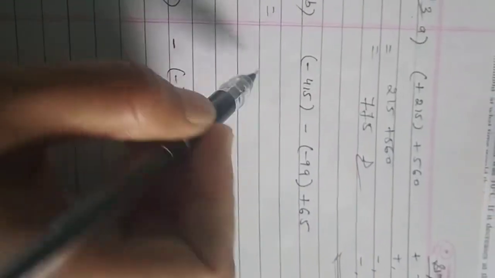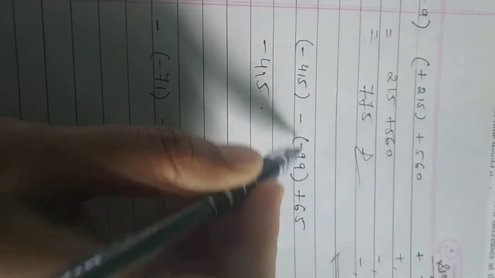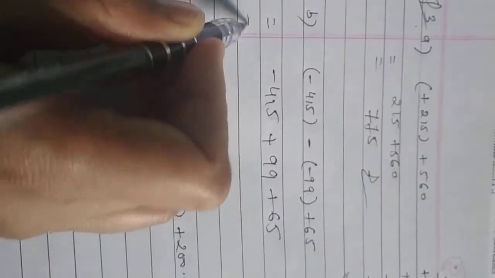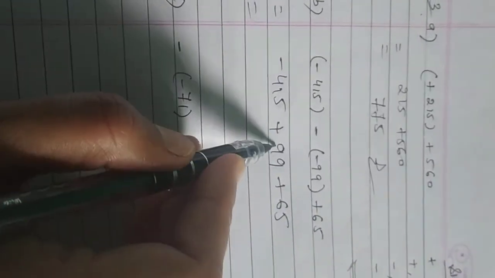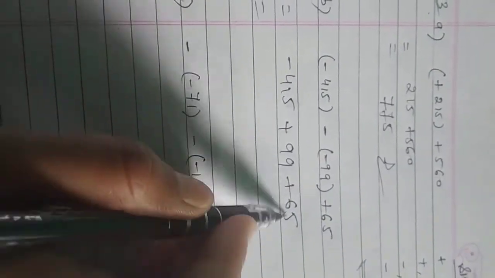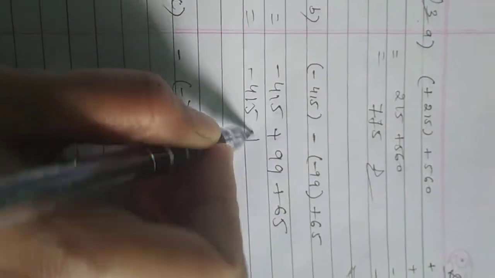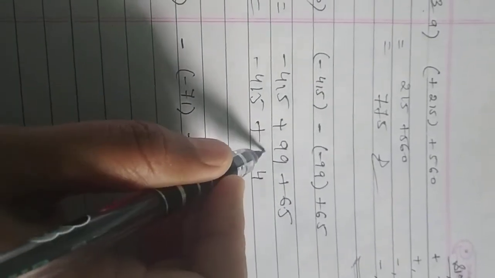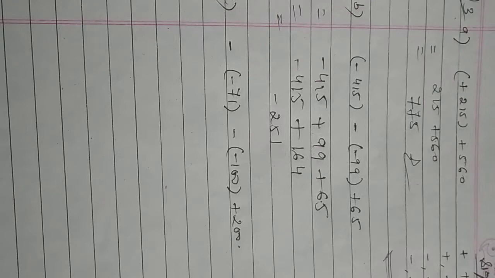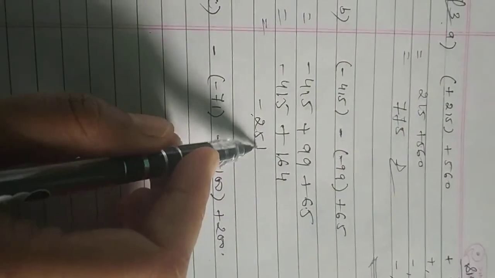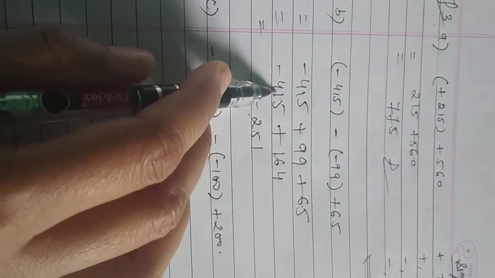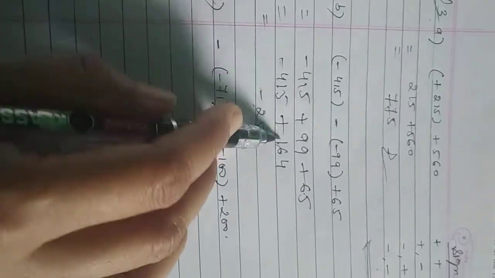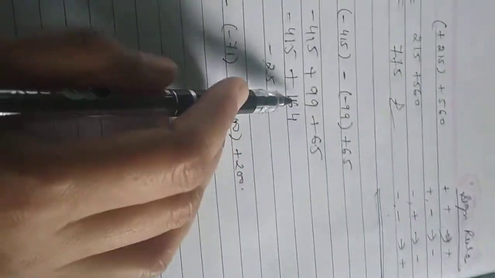So here the second question: minus 415, this is minus and this is also minus. So minus minus will be plus. Plus 99 plus 65. First of all, we will remove the bracket. Now this is in plus and this is also in plus. So we will add these two and subtract this from that. Always do the addition first. 9 plus 5, 14. Plus 1, 10. 10 plus 6, 16. Now subtract these two. We will get here minus 251. Minus plus minus. But which is bigger of these two? This one. So its sign is minus. So we will give the minus sign here. Minus plus always minus. Subtract it.